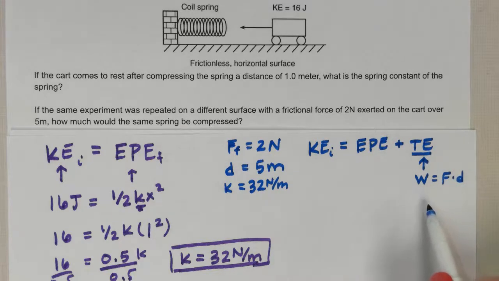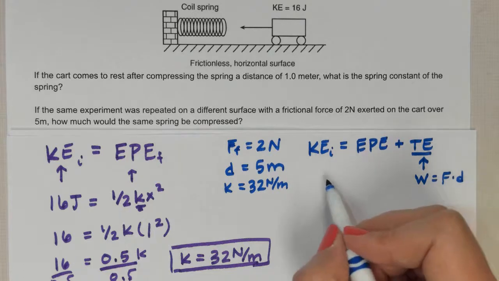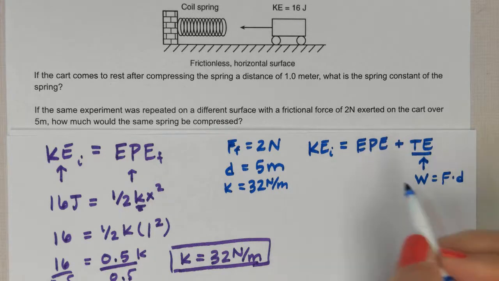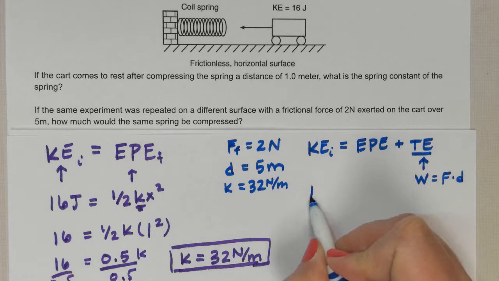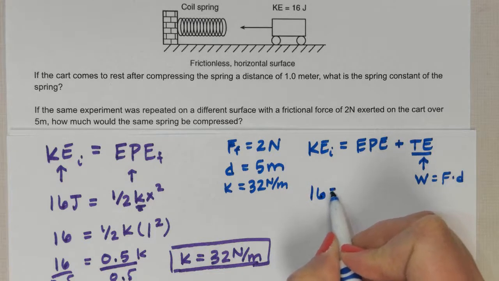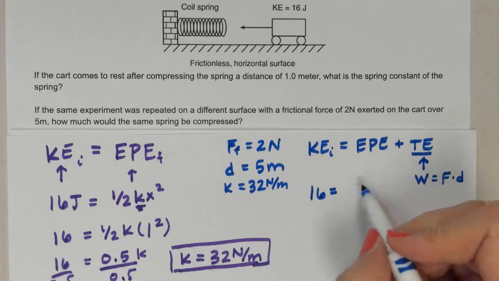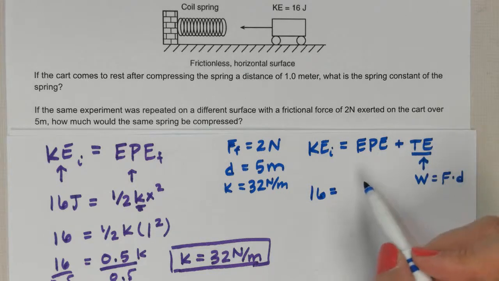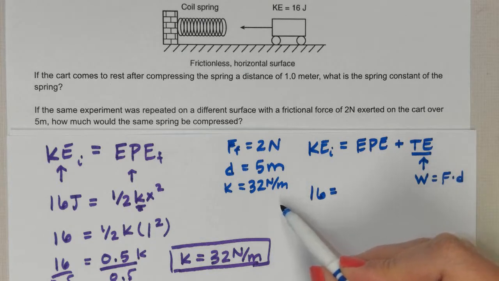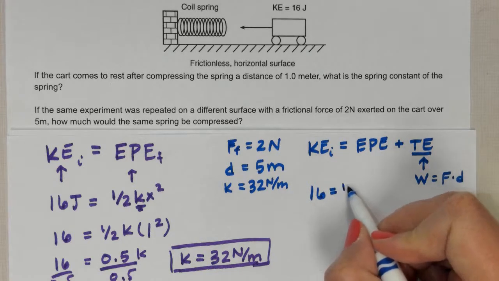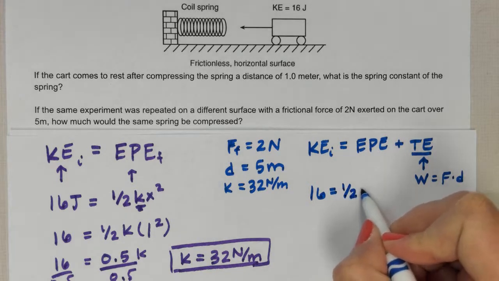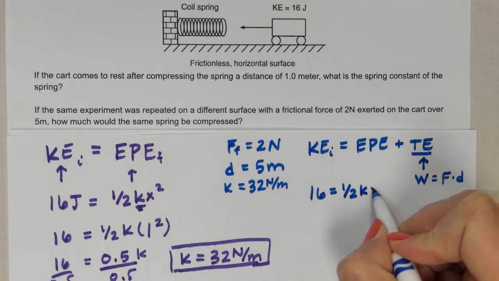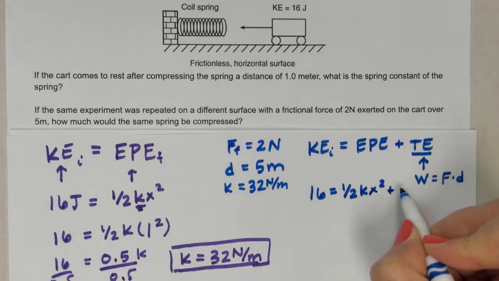Okay, so let's go ahead and solve this one. Our variables for KE, it didn't have a variable, it was just 16 joules. That's still there because we're doing the exact same scenario. The EPE, this time we know that we have the same spring, so we have the same K. So we're going to have 1/2 kx squared plus,